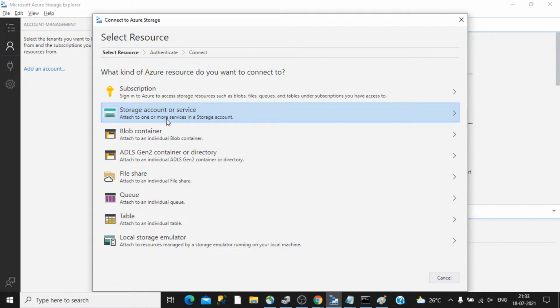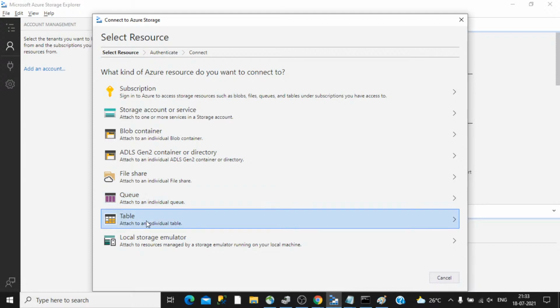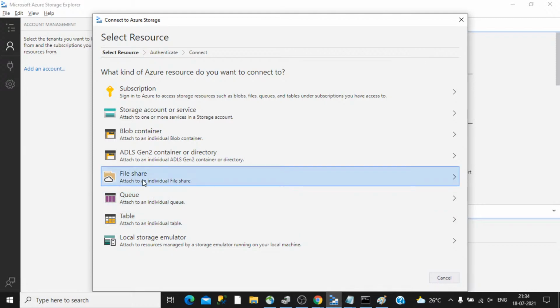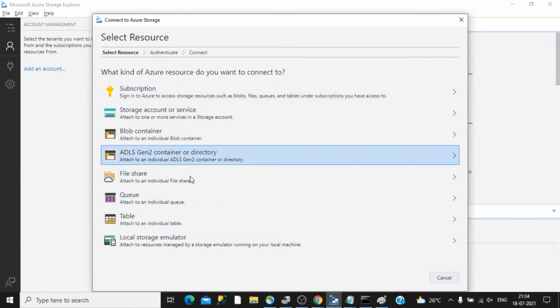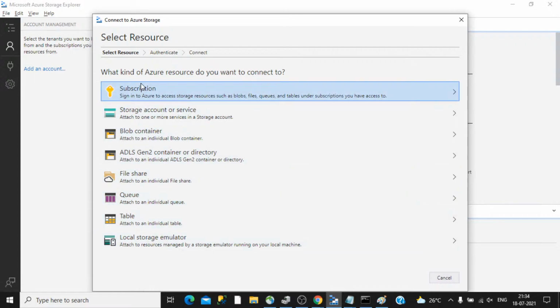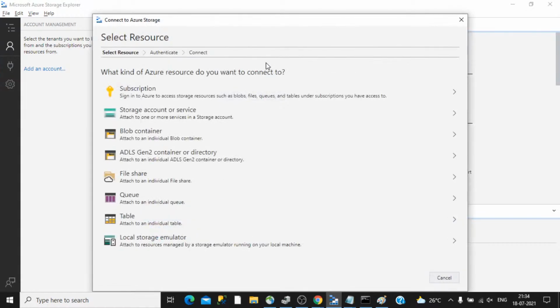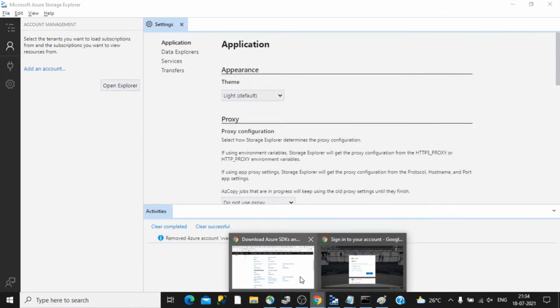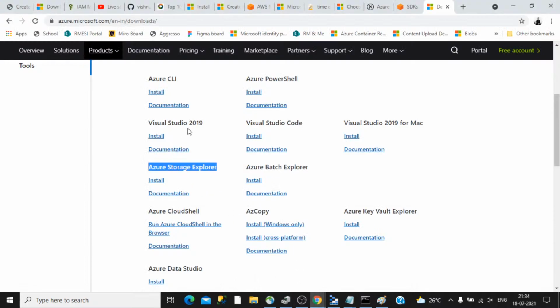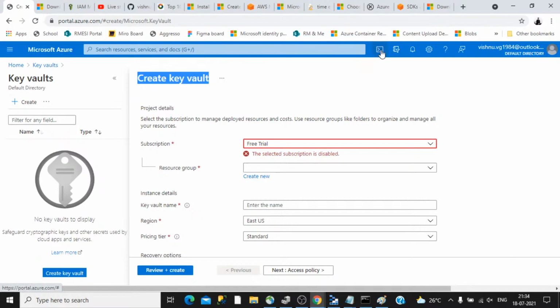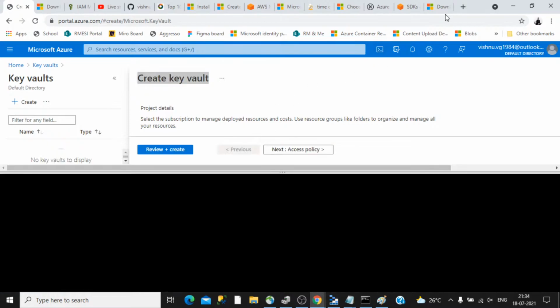As we discussed earlier, Azure storage is multi-model and is a combination of queue, table, file share, and the blob container. All these things you can process with this Azure storage tool, so you can always rely upon it. Then, as explained in the documentation, Visual Studio also provides integration, so from inside Visual Studio you can interact as well. Then the Azure Cloud Shell. Cloud Shell is the tool we discussed here. You can click here and create that as well.